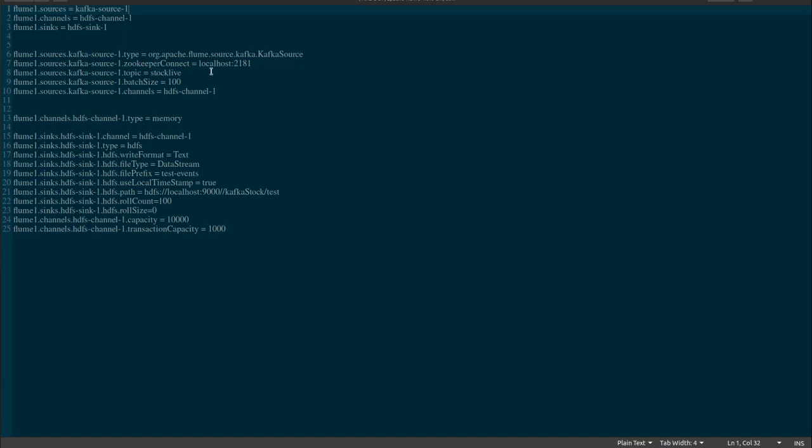Then we give it the Zookeeper, which is 2181, and the topic name, which is stock life. Our batch size is 100, and this is the destination where our data is going to be saved. And that's all, and other things are more or less the same as you have seen earlier.